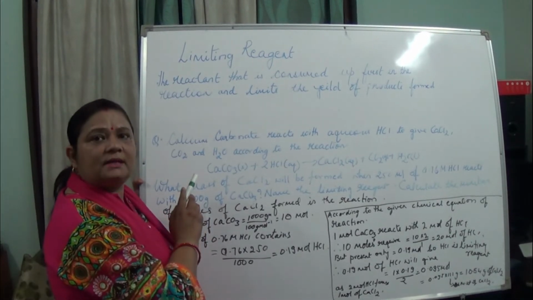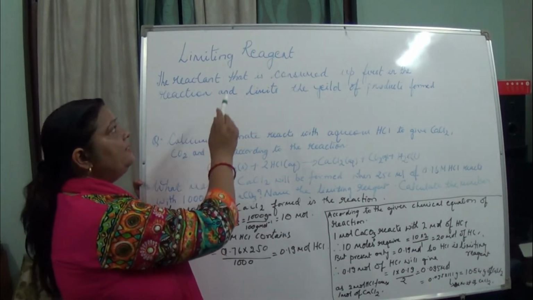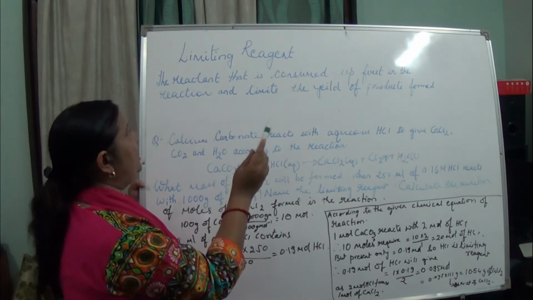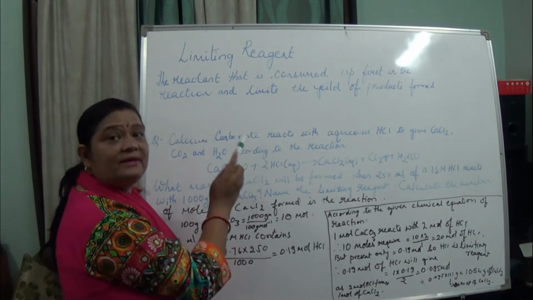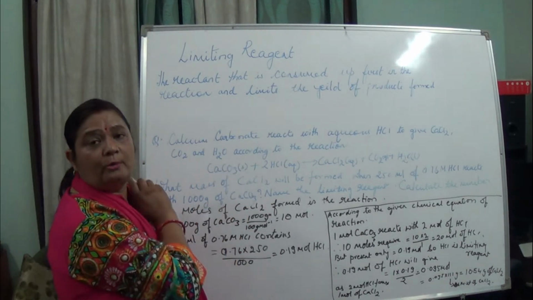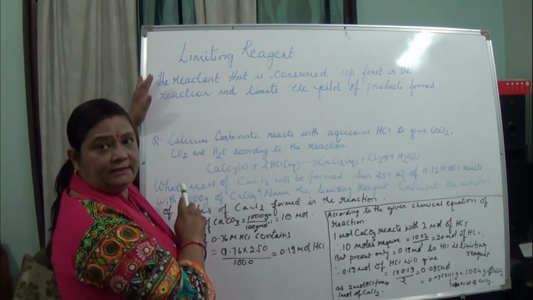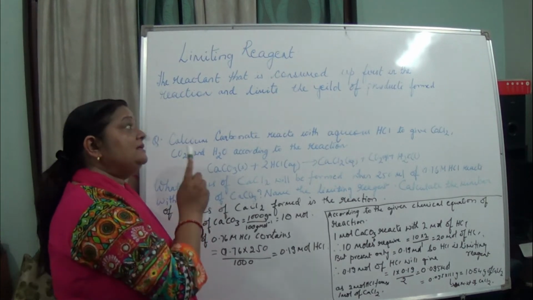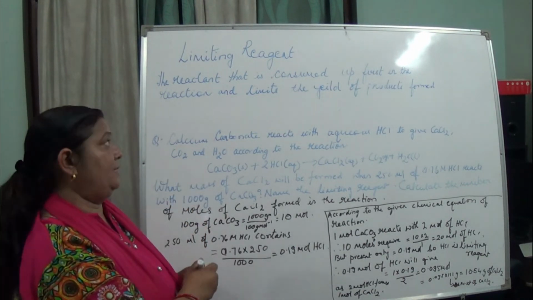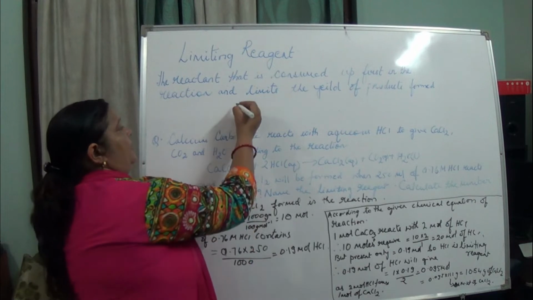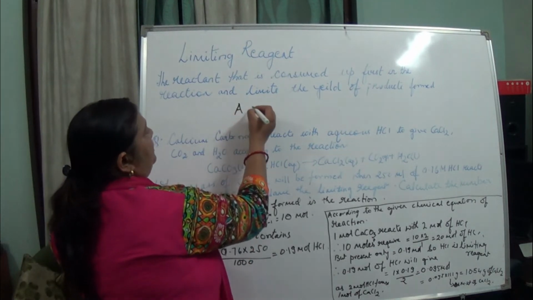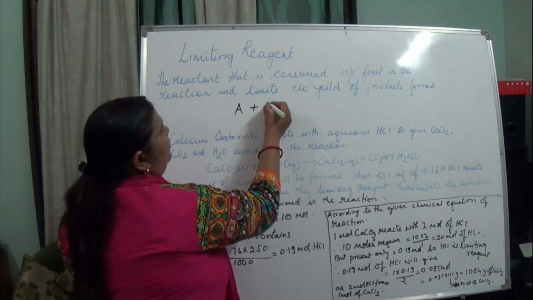Now we are going to study the limiting reagent. So what is a limiting reagent? The reactant that is consumed first in the reaction and limits the yield of the product formed is known as a limiting reagent. Let us understand with the help of an example. Suppose a reactant A reacts with